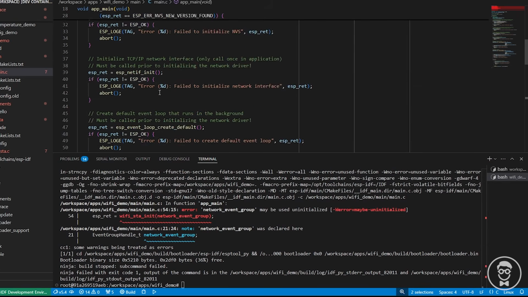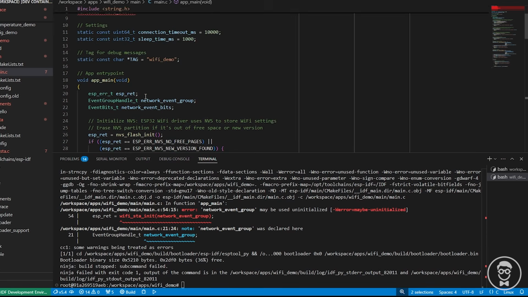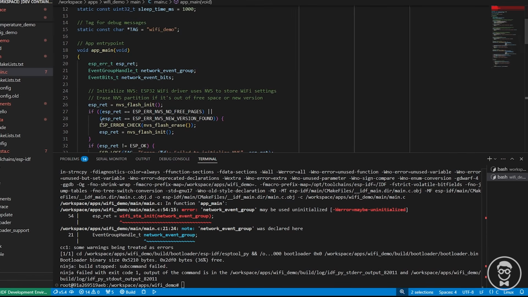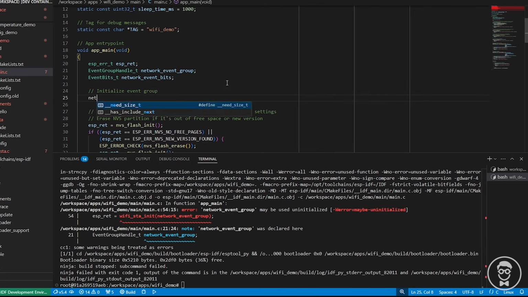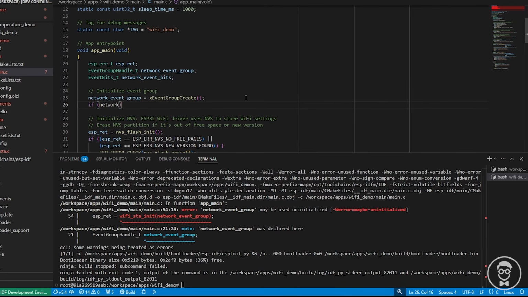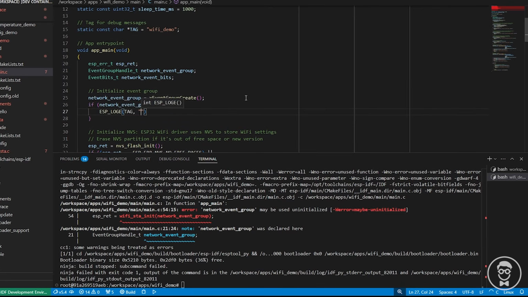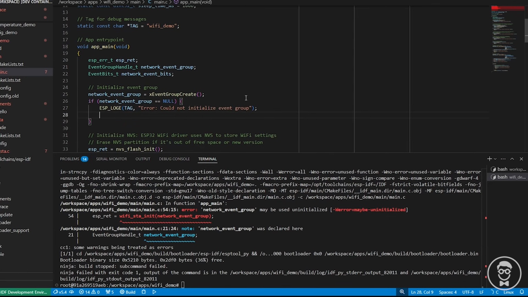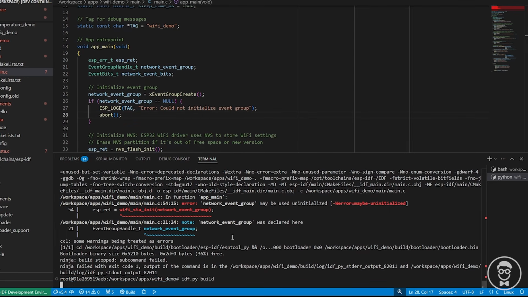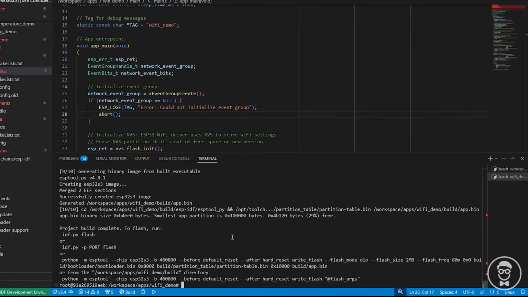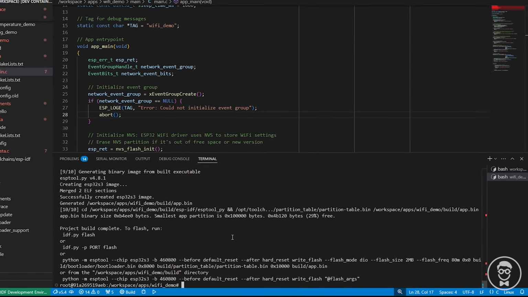Network group is uninitialized. So in main, before we initialize our non-volatile storage, it looks like I forgot to initialize the event group. So we will call xEventGroupCreate. Check to see if it's null. If not, that's an error. So we'll just throw that and abort the program. Let's save that. Try building again. It looks like we're good to go this time, which means we can go ahead and flash it to our